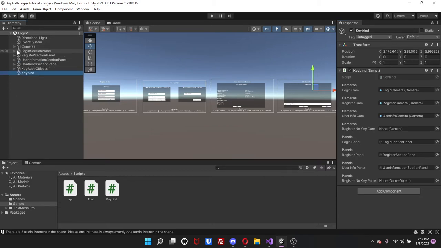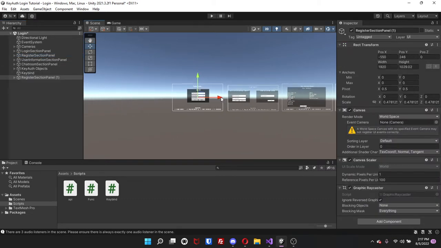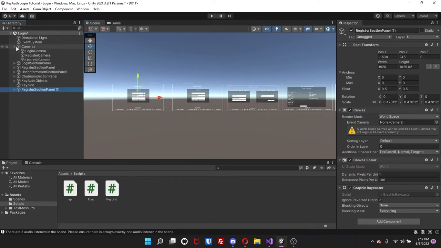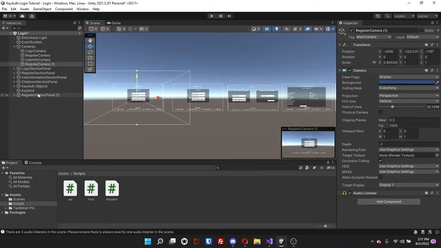So all you have to do for that is come over to the register panel and copy and paste it. Go Control C, Control V, and just go ahead and move it over here. And then inside the camera, click on the register camera, Control C, Control V, and just move it over here as well. So now if you go back to your keybinds,